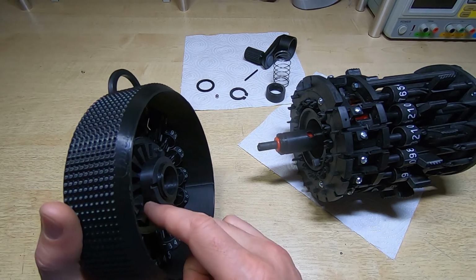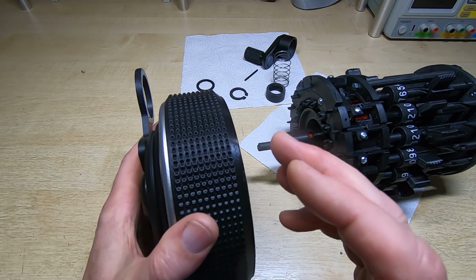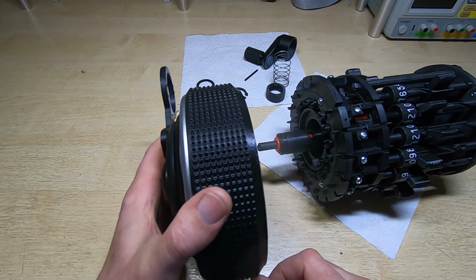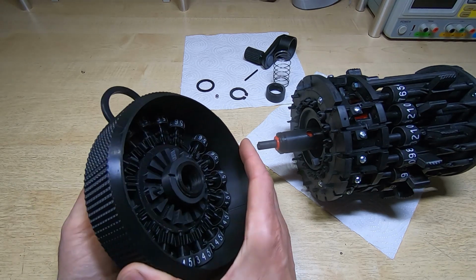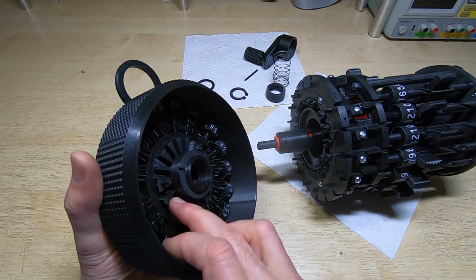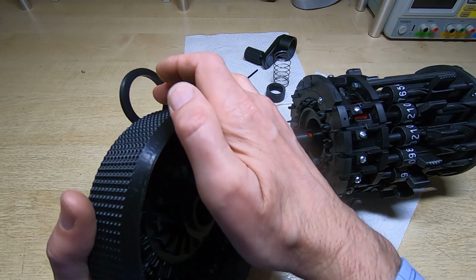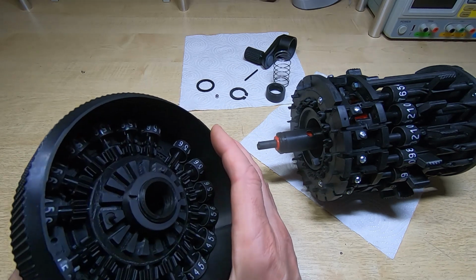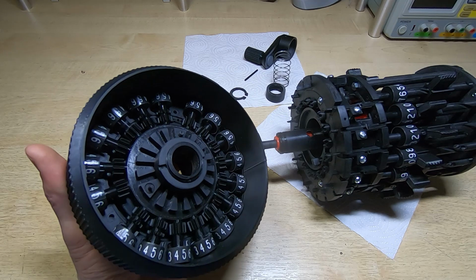Now the purpose of this is when we want to clear the carriage, we pop it up. We'll see this in a few minutes when I fit it. And when we start to rotate it, this pin comes out. So essentially it's a safeguard that prevents us from being able to turn the clearing collar when the carriage is down. So if you imagine this is in one of its two detent positions, where it's in one now,